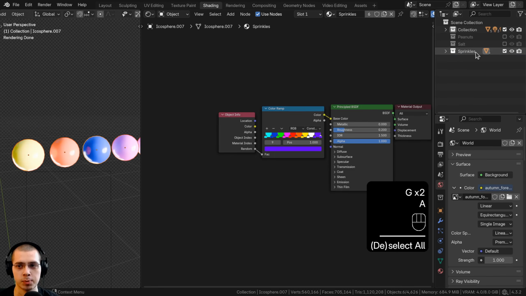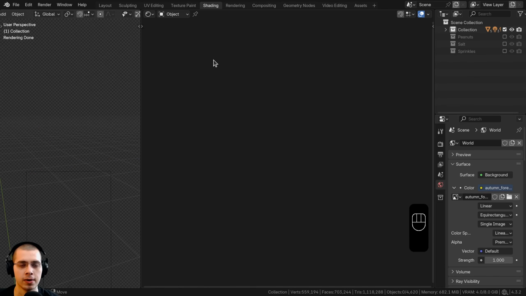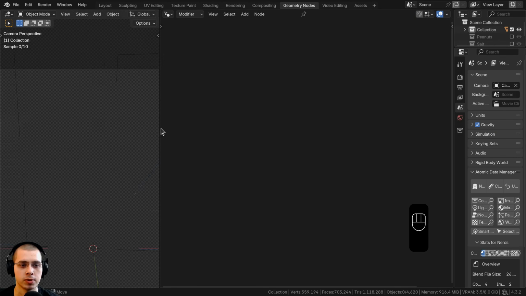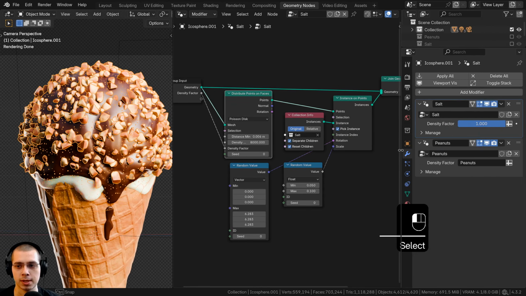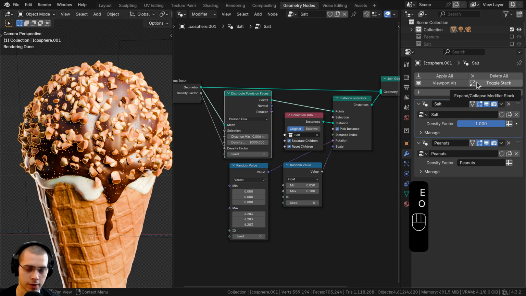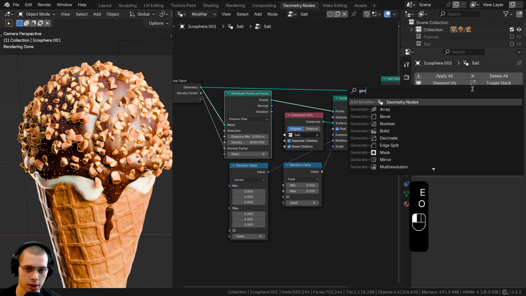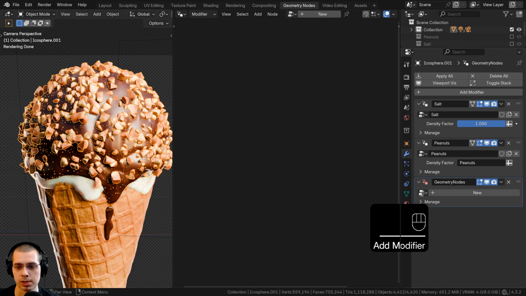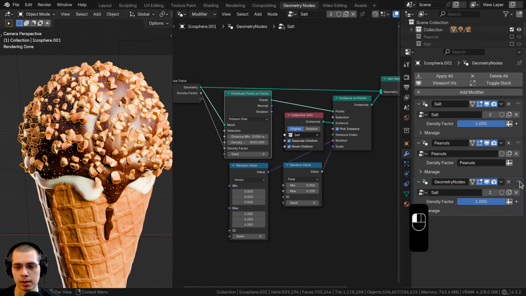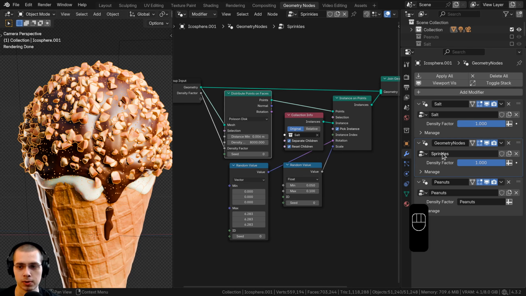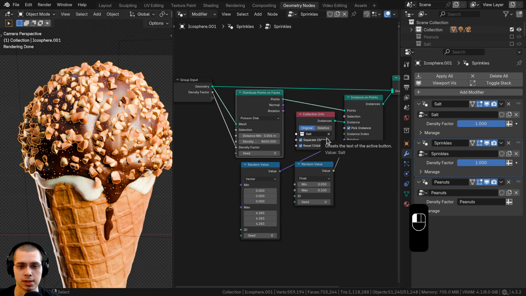So now I don't need to see the sprinkles anymore, so I can hide them there in the outliner. Let's go back to the geometry nodes. And let's select the main object again, and I want to do pretty much the same exact thing. So we're going to click on add modifier, we're going to add new geometry nodes, and then click on the drop down and add the salt. But then what we're going to do is drag this right up here. So here on the one in the middle, let's click on this button here to duplicate it, and I'll rename it to sprinkles. So now we want to click on the X here just to get rid of the salt